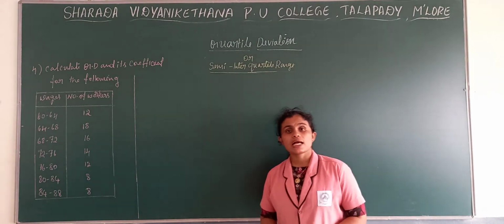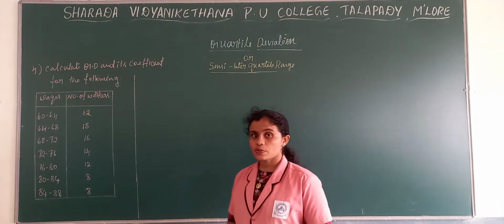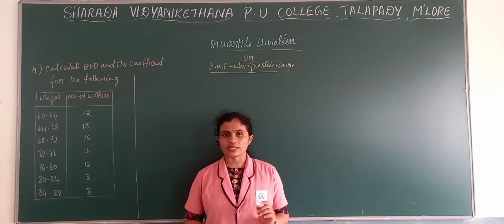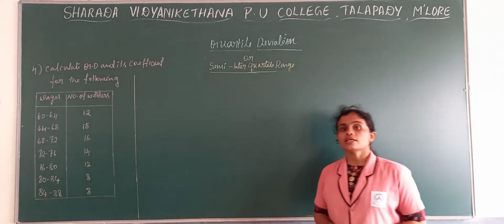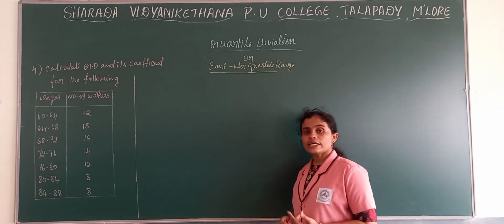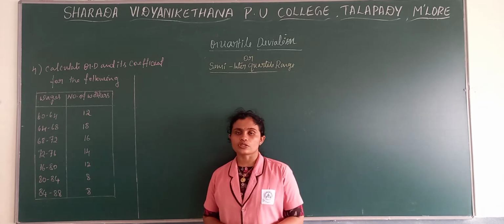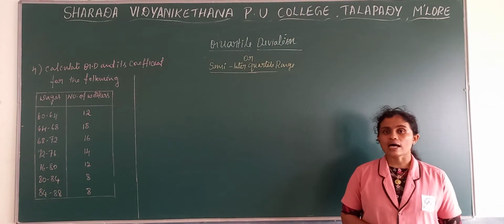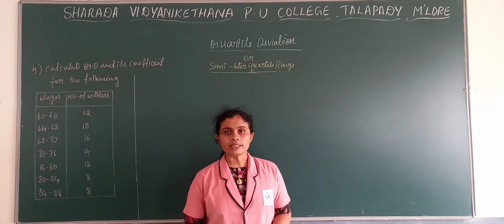Quartile deviation will come under measures of dispersion, and under measures of dispersion we have four measures. In that, first we have seen range and coefficient of range, and quartile deviation. In the last session we saw quartile deviation problems with ungrouped data, how to apply the formulas, and grouped discrete data. In today's session we will see grouped continuous problems under quartile deviation.